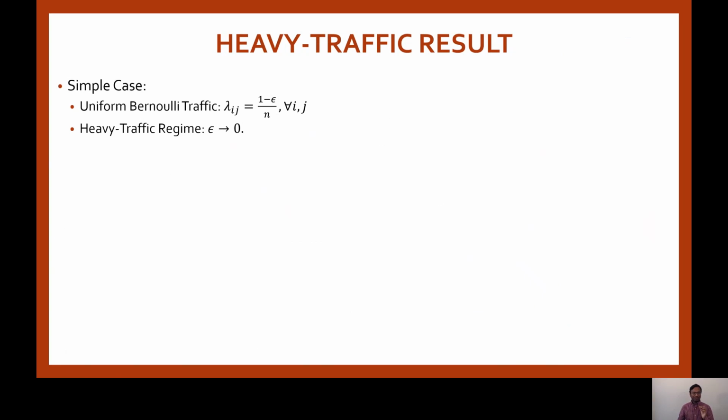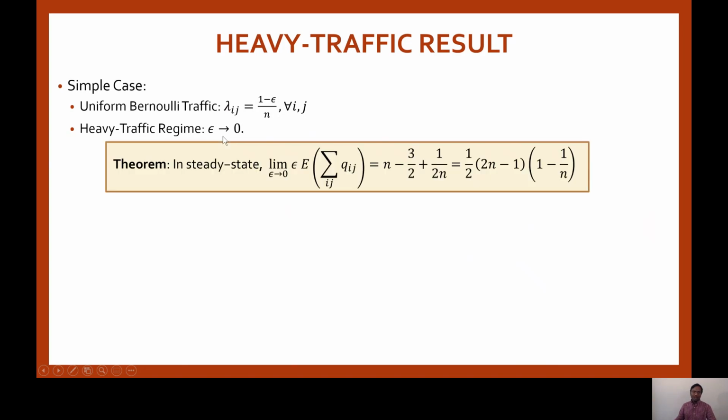Before I state the general result, I want to first state a simpler case. Suppose we have uniform traffic and this traffic is Bernoulli, which means the arrival rate of all the queues is equal. Since the row sum and column sum is 1 minus epsilon, each arrival rate should then be (1 minus epsilon) divided by n. Further, let's say that the arrival process is Bernoulli, which means for each queue, independent of everything else, in each time slot there is a packet arrival with probability (1 minus epsilon) over n, and with the remaining probability, there's no arrival. We are interested in the heavy traffic regime as epsilon goes to 0. We proved that in steady state, the heavy traffic scaled sum of queue lengths, which simply means I multiply the mean sum of queue lengths by epsilon,